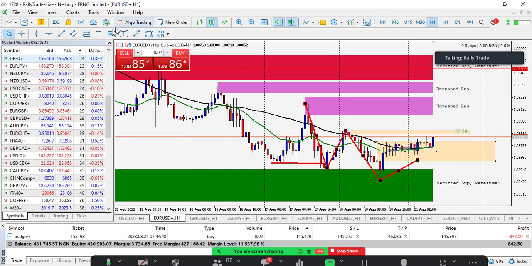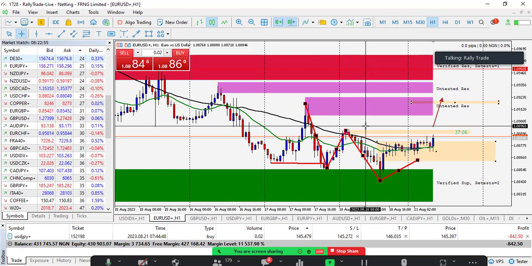So if this market can trade above this high, sir, I'll be looking out for a buy. Then of course, this other high here can be my take profit target, right? This other high can be my target point for the take profit. So if this market can trade above this high, somewhere here, I'll be looking out for a buy. Then I'll target this level here, as you can see. So a buy position will be best and safe, right?